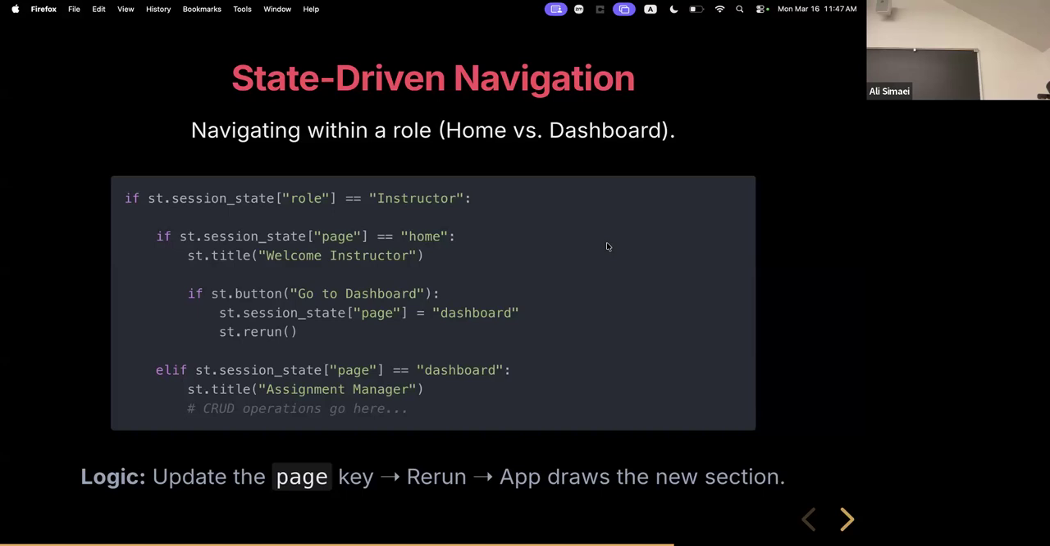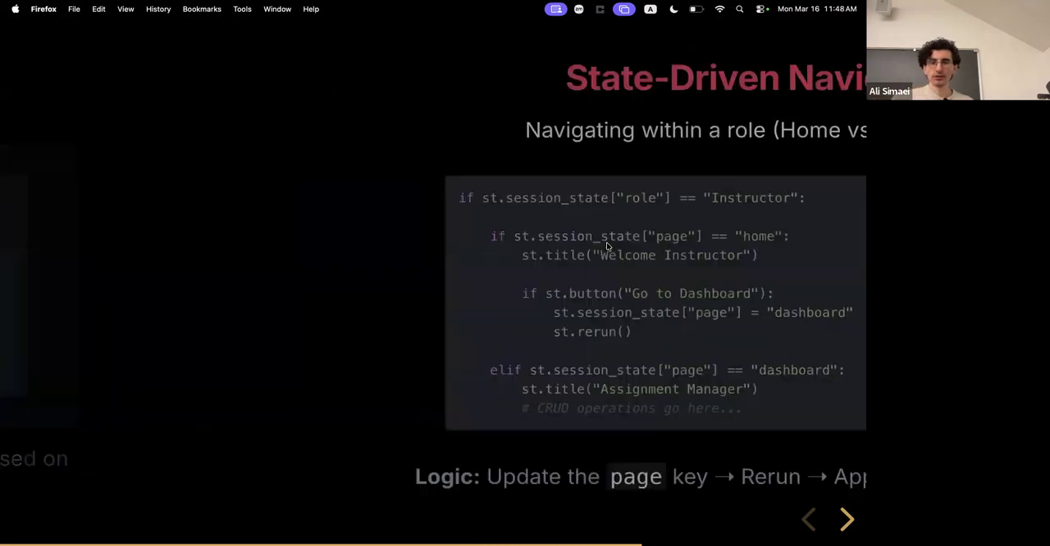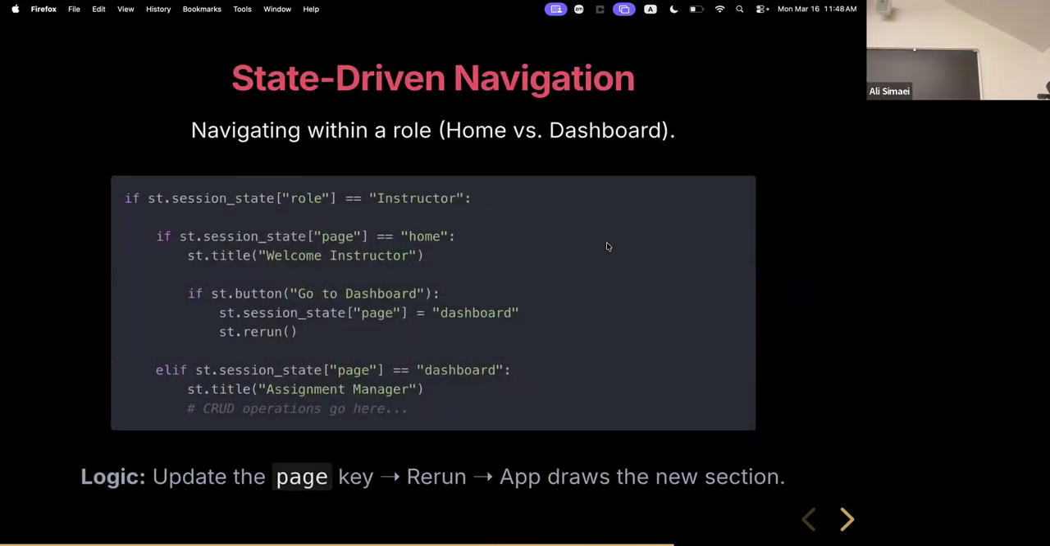Initially, after the login, do you recall this part? When the credentials were checked and we wanted to log in the user, we changed the page to home and then we reran the application. We changed that. So when it reran the application,